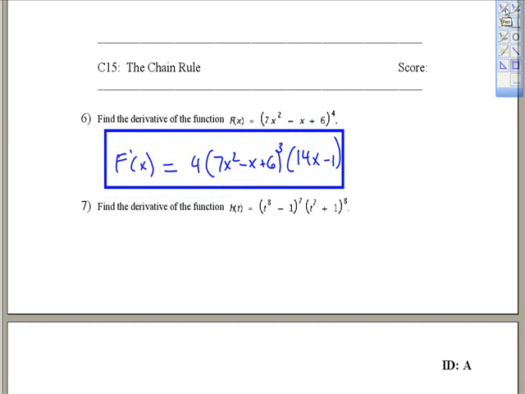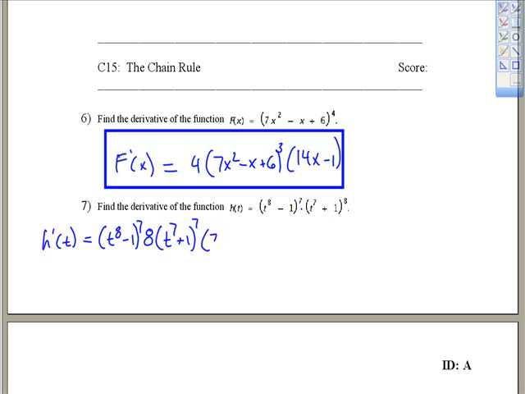There's not a lot we can do with that, so let's just leave it where it is. Number 7, we've got quite a bit more complex thing going on here because we've got composite functions multiplied by each other, so I've got to deal with a product rule and also the chain rule along the way. So let's see if we can make this fit in the space allowed here. H prime of t would equal, let's keep this first function the way it is, the t to the 8th minus 1 to the 7th power, times the derivative of the second function, which would be 8 times t to the 7th plus 1, and reduce the power by 1. But also, don't forget, we have to follow the chain here and multiply by the derivative of the inner function,